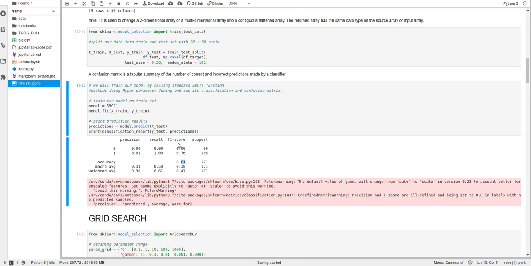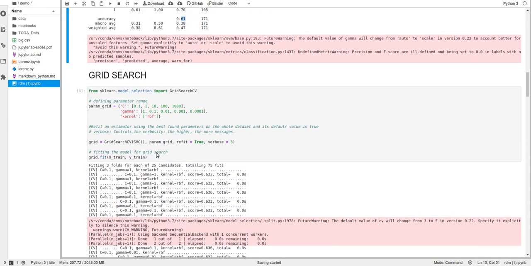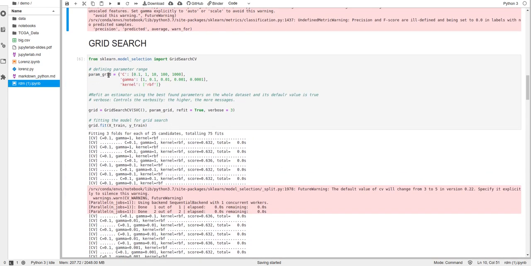So from here we can say that the classifier is always classifying everything in a single class, that is class 1, right? But our accuracy level here is 0.61, which is very poor. So we use grid search to get the best parameter for our search, right?